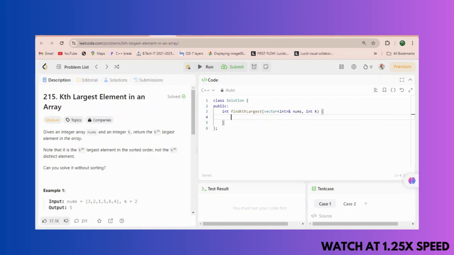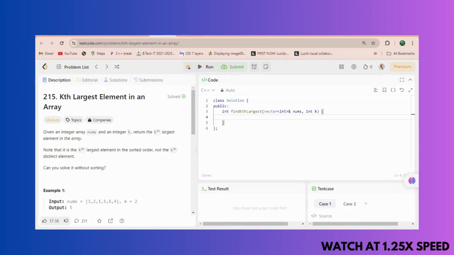In sorting, you have to sort the whole array irrespective of the elements. The smaller elements you don't need to look at, but you still have to traverse and check them. In the case of a min heap, whatever the smaller element is will be at the top, and you are able to pop it out very easily. That is the best thing about using the min heap.